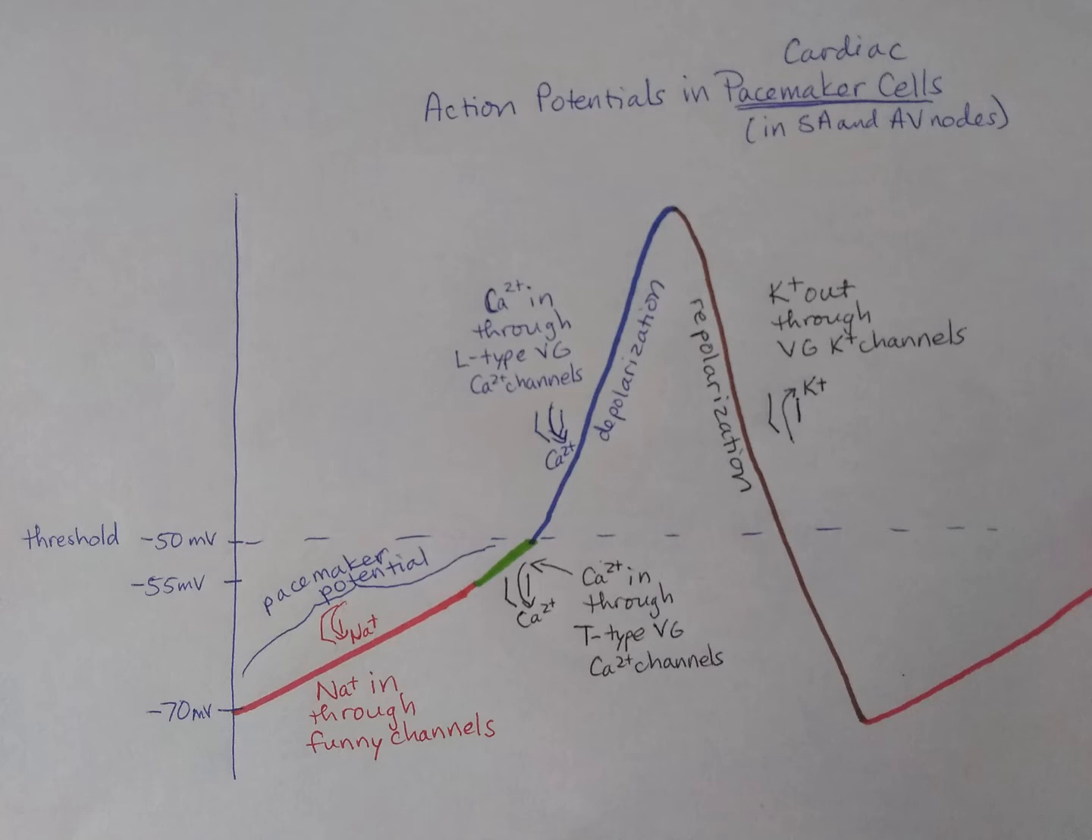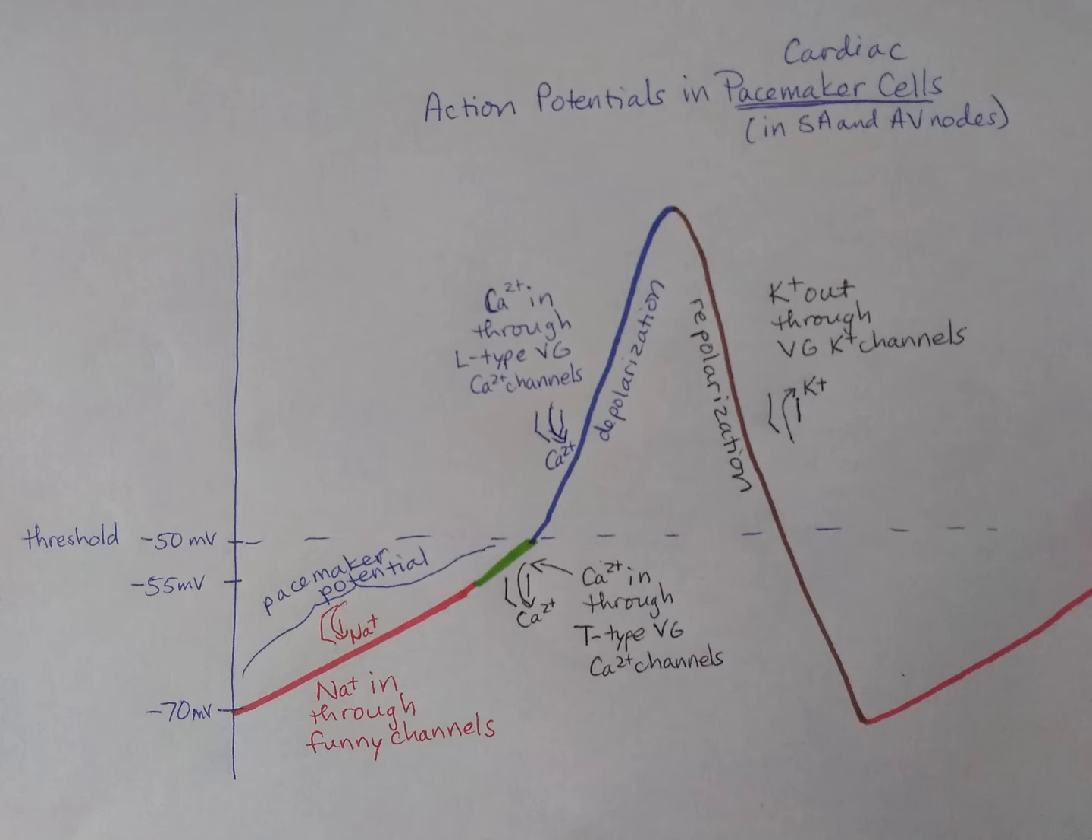And then at the top, we're going to close the L-type voltage-gated calcium channels, and then we're going to repolarize by opening up the voltage-gated potassium channels, which is very similar to what we talked about in skeletal muscle and in neurons. So as potassium leaves the cell, it becomes more negative, and then we go back down to minus 70 millivolts,